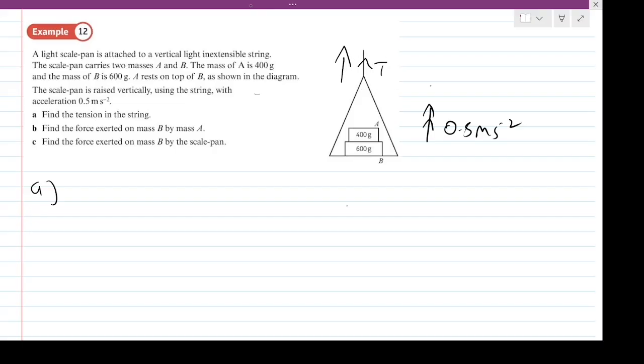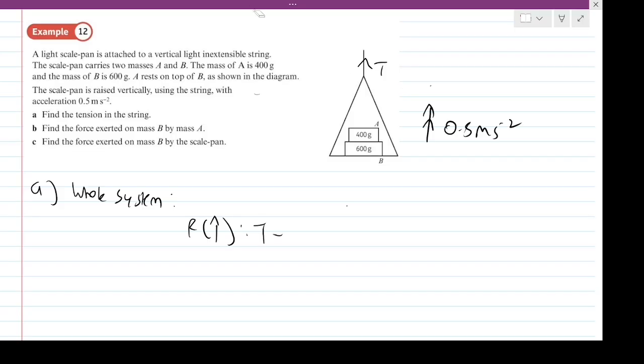So if we consider the whole system, all three of them, the pan, A and B, are all moving upwards, so we can consider them as a whole. If we use F equals ma and resolve upwards, we've got the tension force,